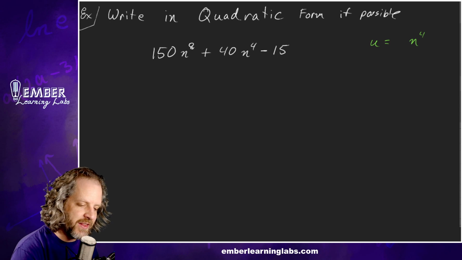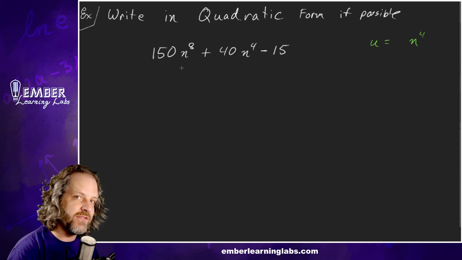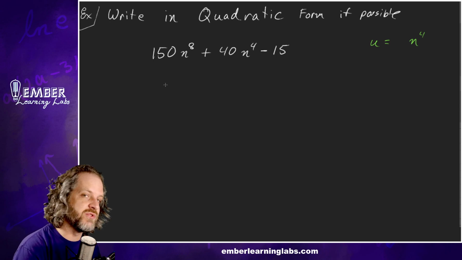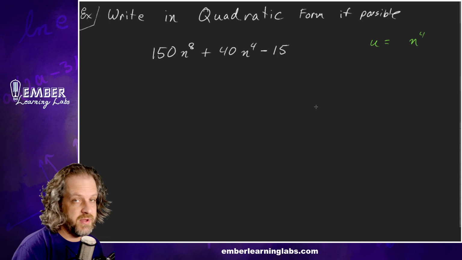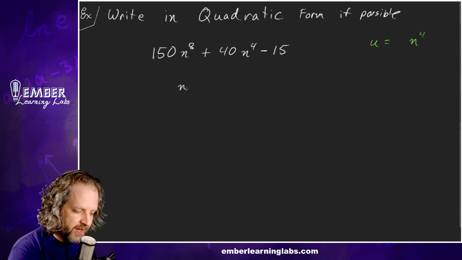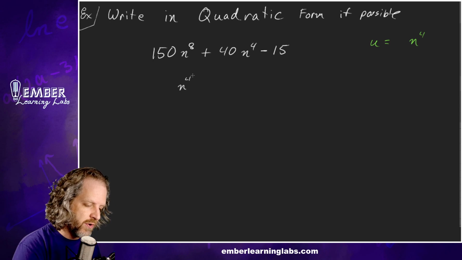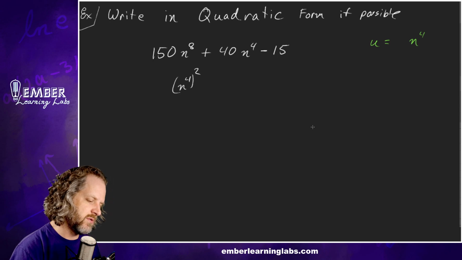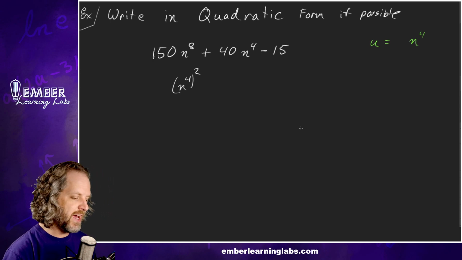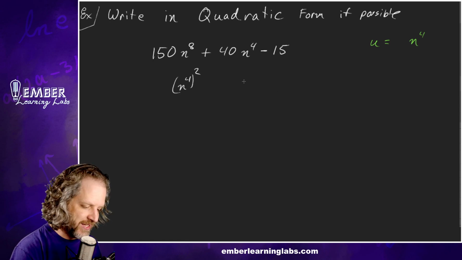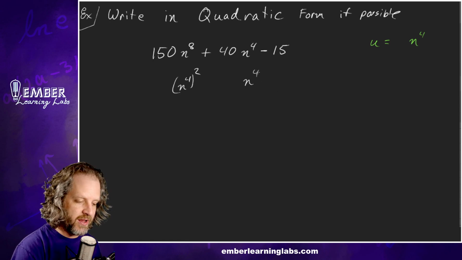So can I write n to the eighth as n to the fourth squared? Yes, I can. That's the if possible part. If the answer was no, then this would be impossible. I wouldn't be able to write this as that. So I can turn this into n to the fourth squared. Right? That's good. Now, that's not so hard. That's not so bad at all. The tricky part is